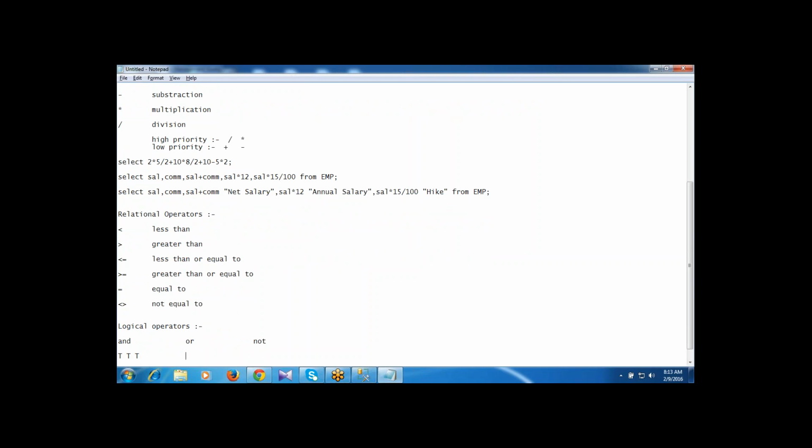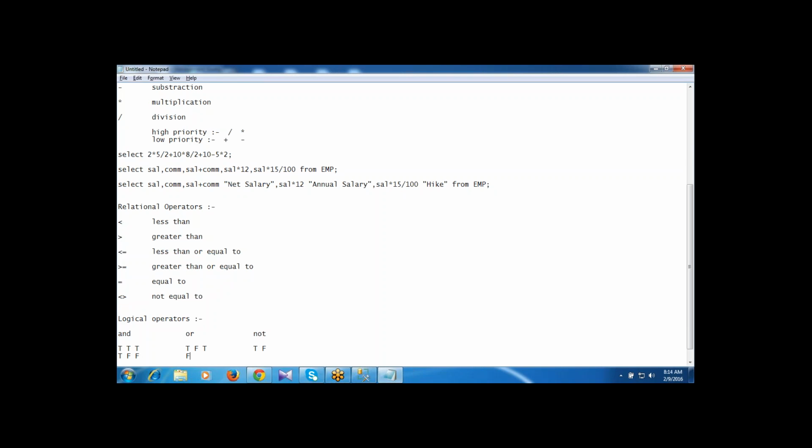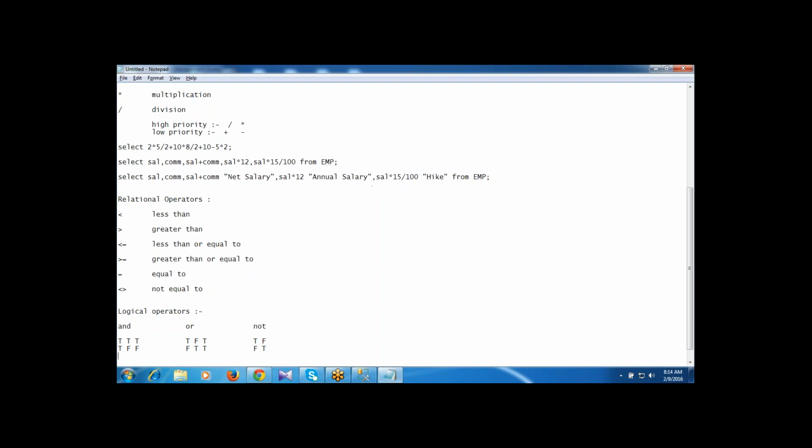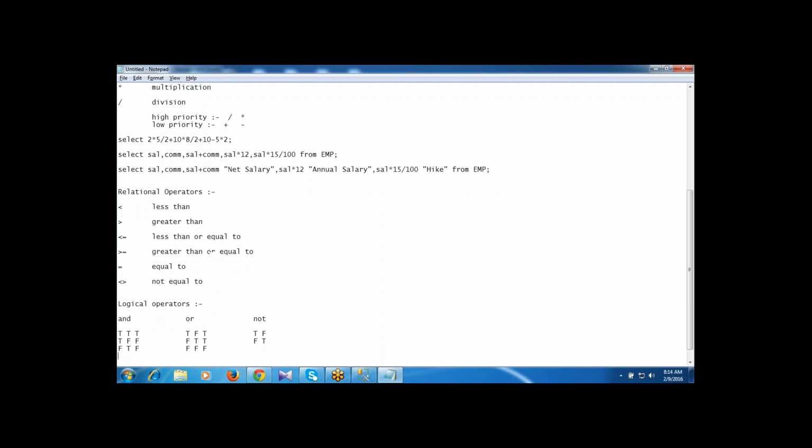In case of the OR operator, if any one is true, then it returns the true statement. Condition 1 or condition 2: true, false, true. In case of the NOT operator, if the condition is true, then it returns false; false becomes true.